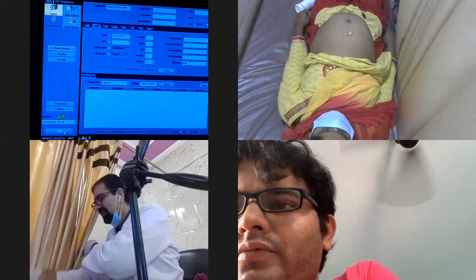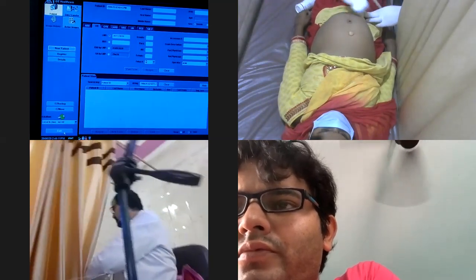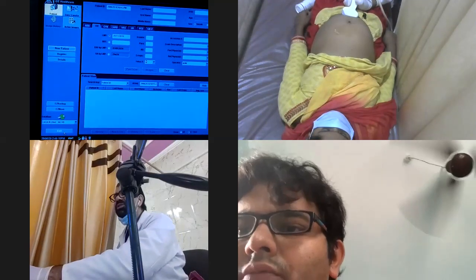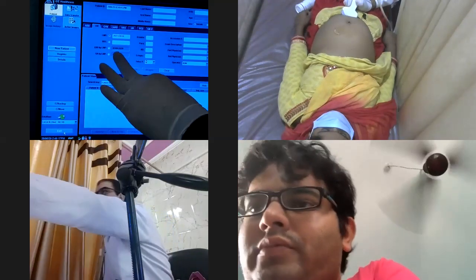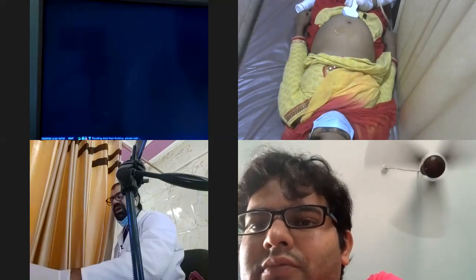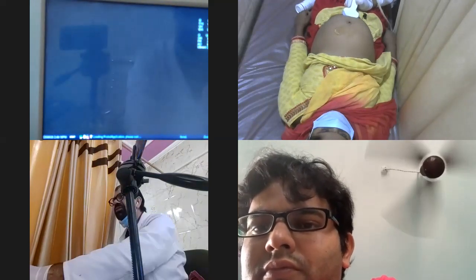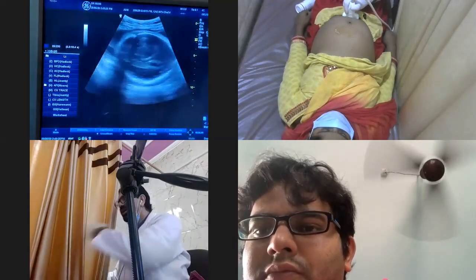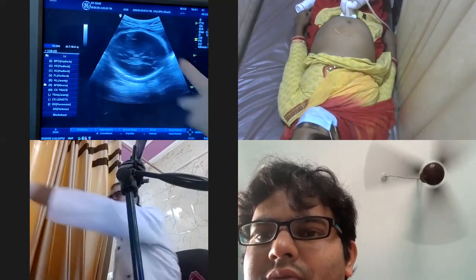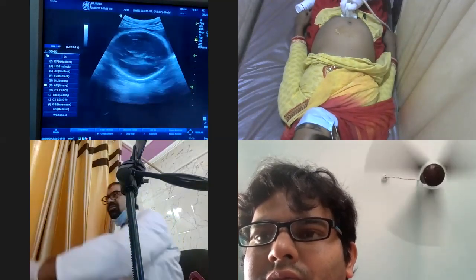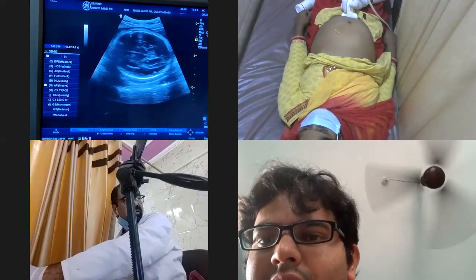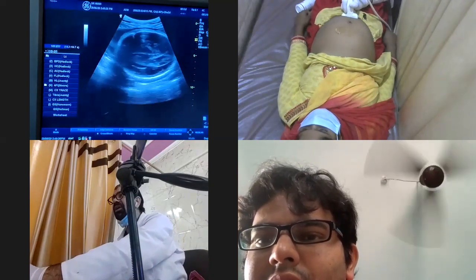Now let us see in this patient, where is the fetal head first? Whether this is cephalic or breech, I don't know. Anyhow, this is a 29 weeks and 2 days fetus as per LMP. Now let us see whether this corresponds. I am putting our probe over here. Just above the pubic symphysis, I am getting the fetal head over here. So this is not a breech, but a cephalic fetus, right?